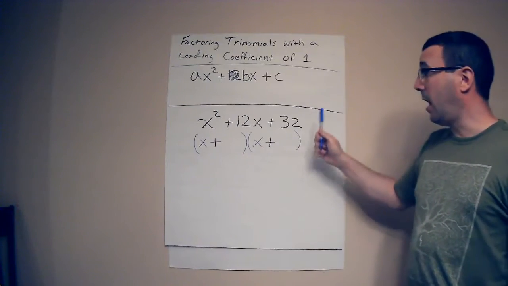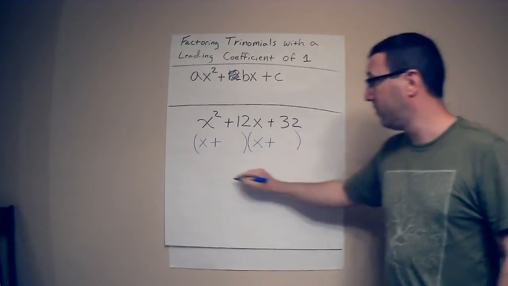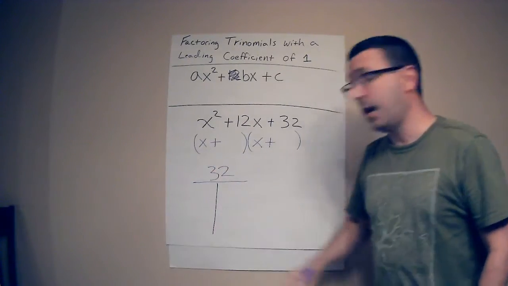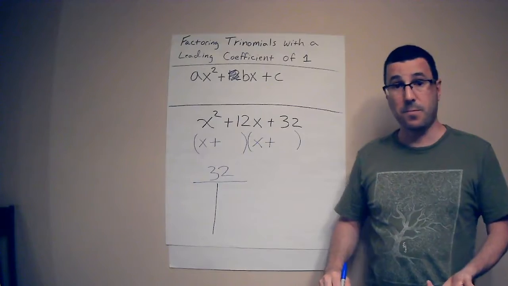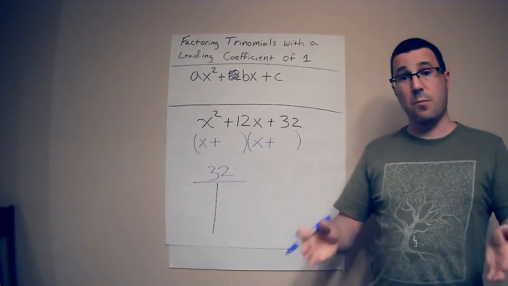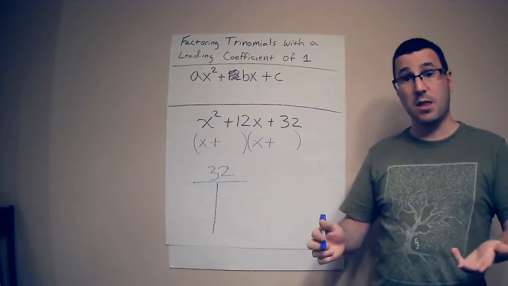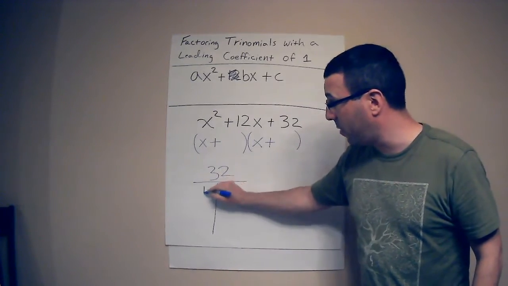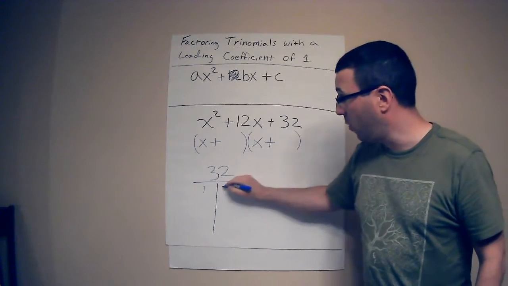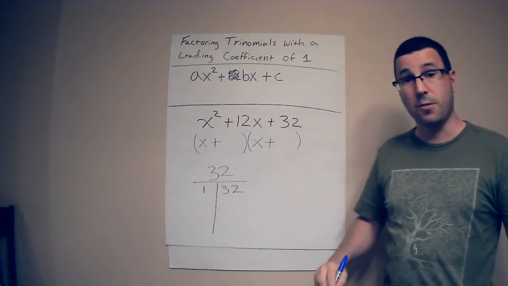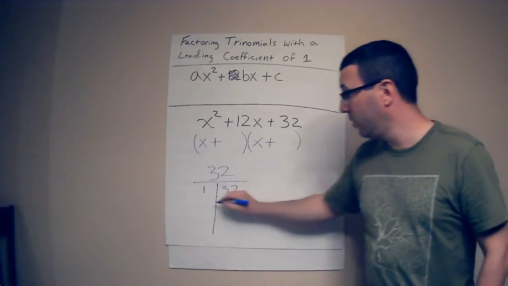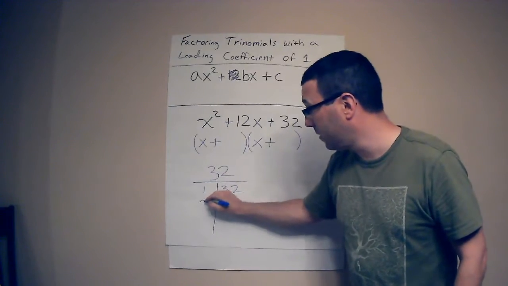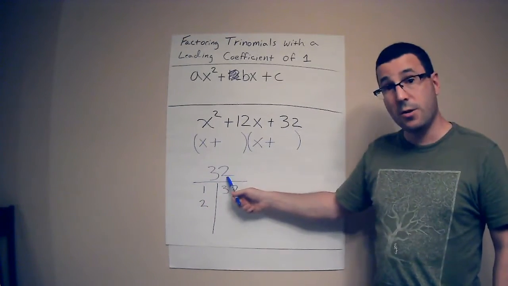Now, I'm going to factor 32. So here's what I'm going to do. I'm going to write out 32, and I'm going to figure out its factor pairs. Namely, what are the two numbers that when I multiply them together give me 32? So, first one, I'm always going to start off with 1 times whatever this number is. 1 and 32. Next I'll go to 2. Does 2 go into 32? It's an even number, so yes it does. 2, 32 divided by 2,